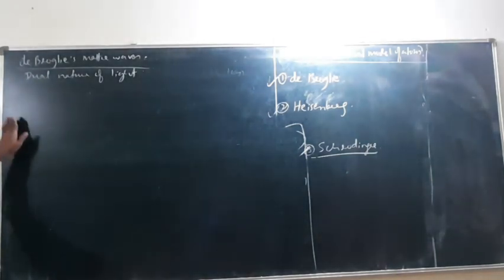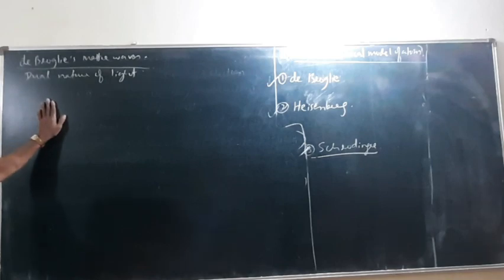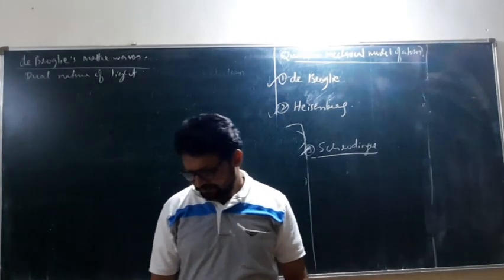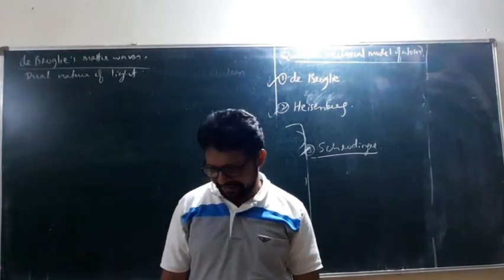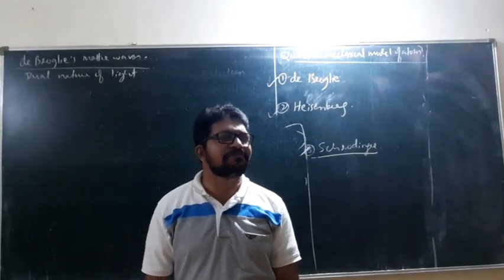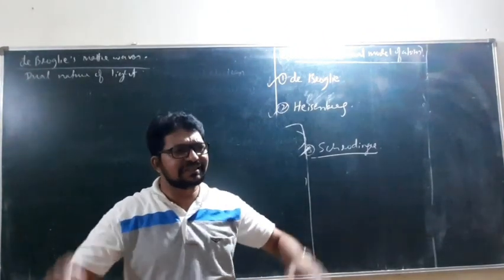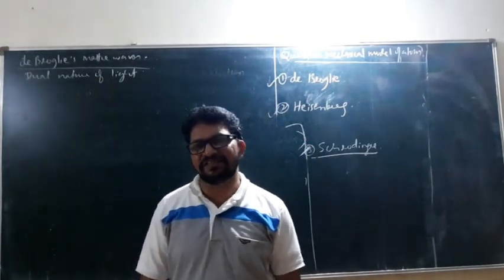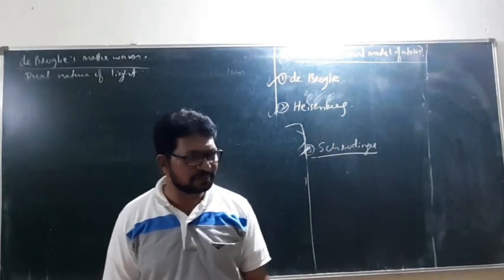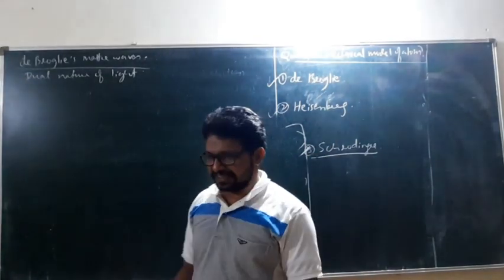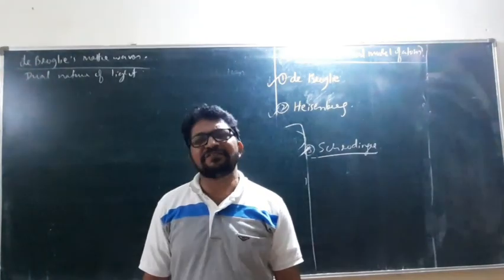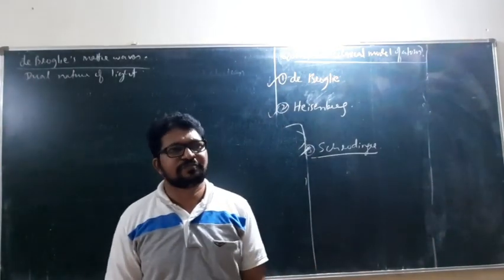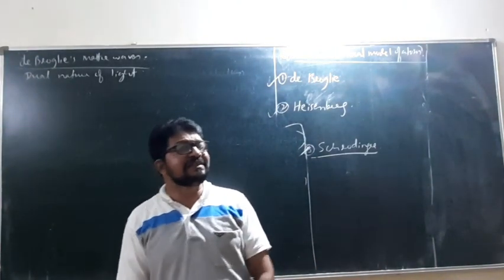Look here. See, de Broglie is one of the very peculiar people. His biography, if you read, you will understand. He was not a very intelligent person, but he always used to question why this is like that, why that is like this. Heisenberg was his professor. So what de Broglie said is this. For the first time, de Broglie says, I think electron is a wave.